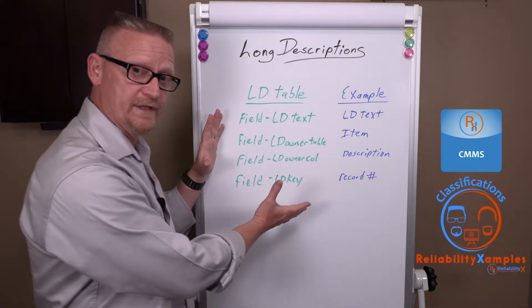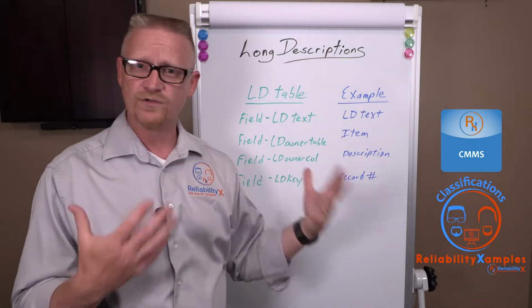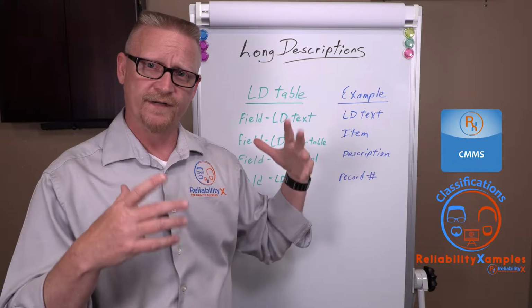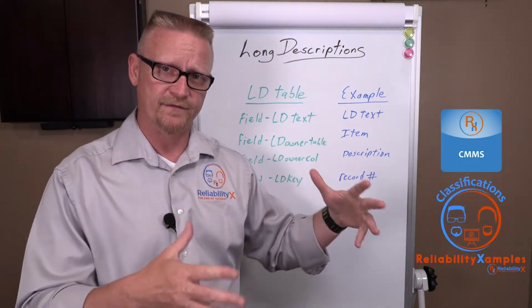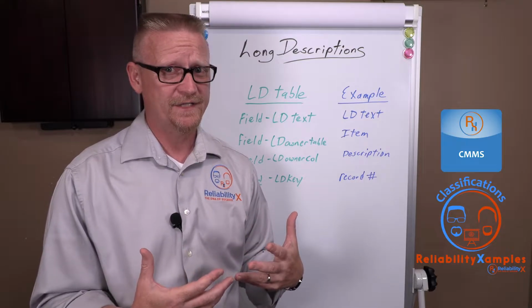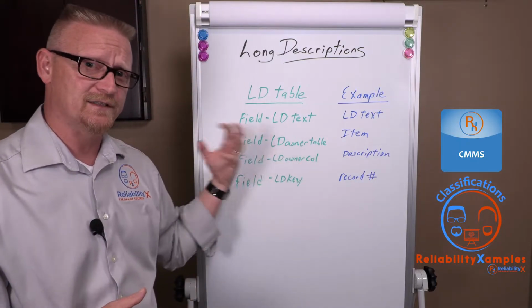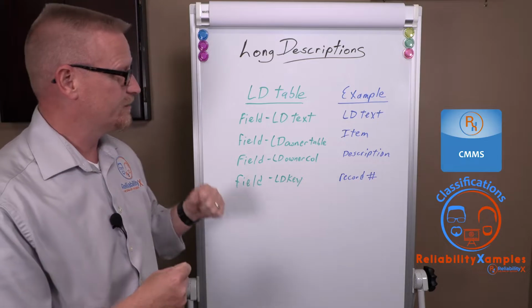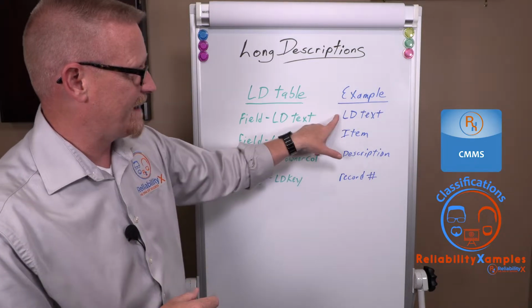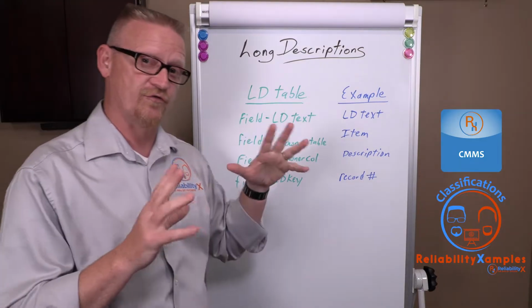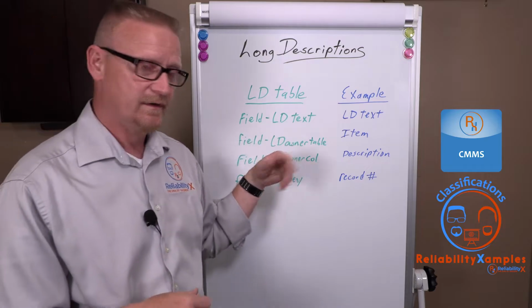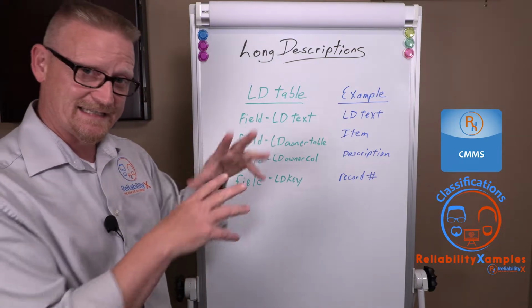Now, if you want to pull this data out of the system, so we've used our item number and we said, okay, we put a frame size for a motor in there and we put the horsepower and some other things, and now we want to try to find items that have that information. The query you have to write to pull this out is extensive. You essentially have to say, get me that text, or whatever that string is in quotes, from the LD table where the LD text has this in it,